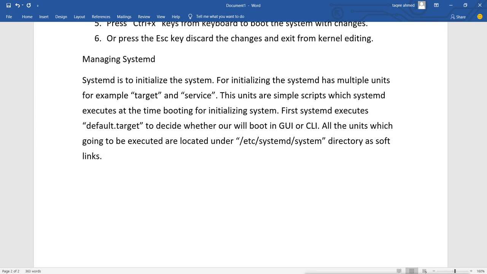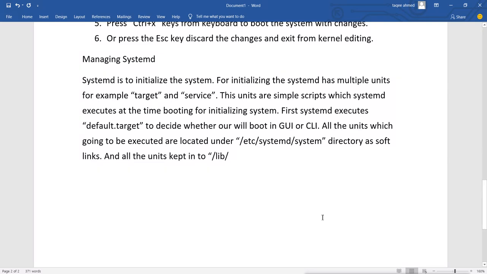So where are the original files? All the units are kept under lib.